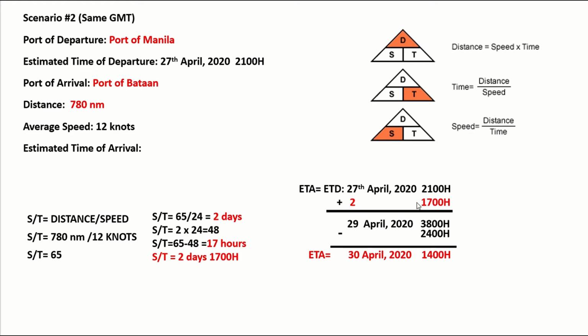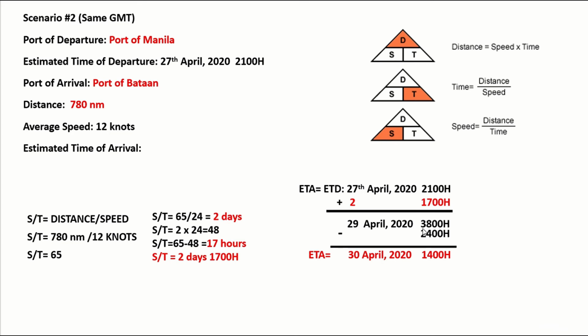So 2 here since it's also in the steaming time, and then 1700 hours since we computed 1700 hours here. Adding them first in minutes, so 00, just bring down, and then 21 plus 17 is 38. 2020 April 29, because 27 plus 2 is 29, and now 38